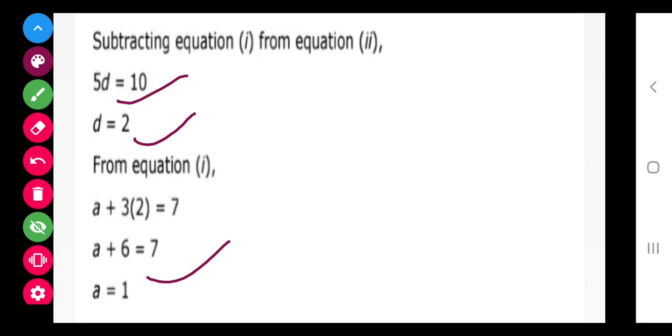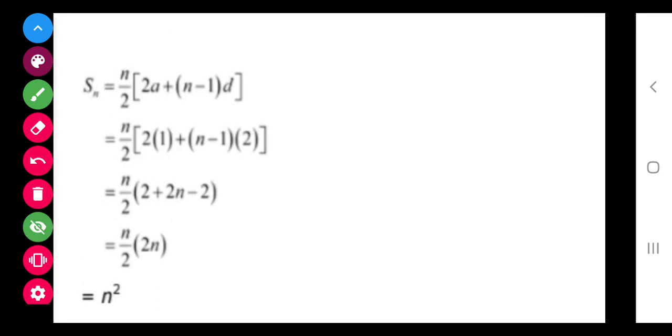Now, solve by your own method, don't copy from here, you will get confused. So finally we have to get the value of Sn. The question asked, find the sum of n terms. So find the sum of n terms means n is equal to n only. Here n is equal to n only. We will not substitute anything here. We will substitute the value of a, we will substitute the value of d, and after solving, this is cancelled, and finally what we have got is n square.